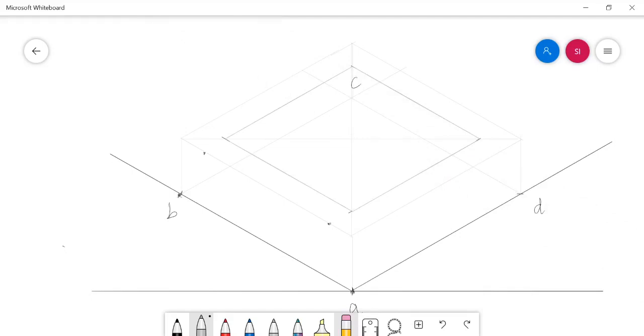Then after that, I needed to follow the 4 center method inside the box to draw the isometric view of the circular base.